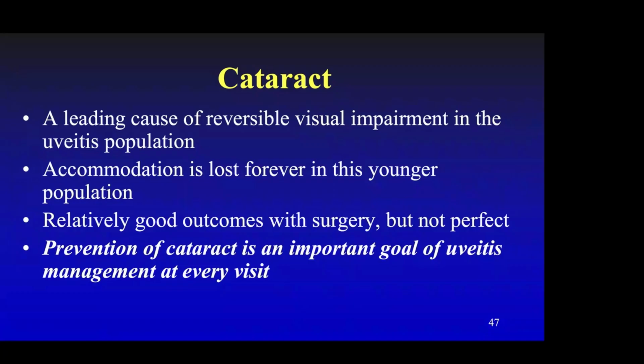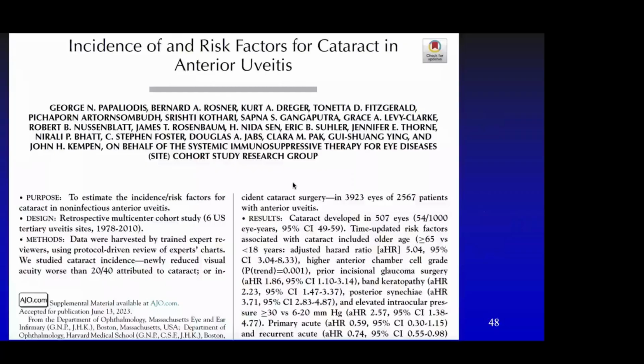It's a leading cause of reversible visual impairment in the uveitis population, and accommodation is lost forever in this younger population. It does have relatively good outcomes with surgery, but not perfect. And I would like to argue that prevention of cataract is something we should think about at every visit of our uveitis patients. So this is a study we did looking at the incidence of and risk factors for cataract